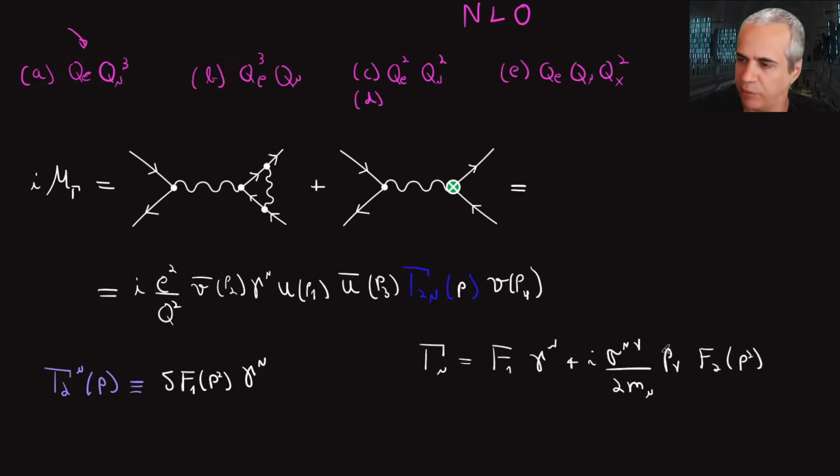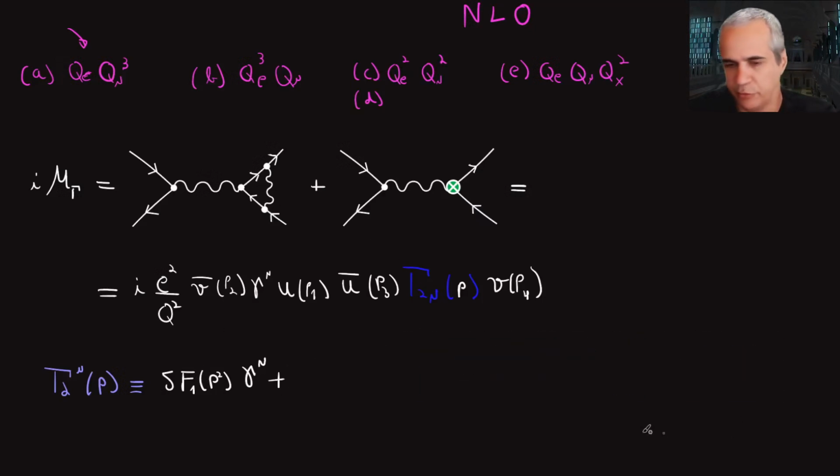Both F1 and F2 are the form factors that we have seen in the previous videos. And of course, this is the first correction to F1. There's a part that contributes to F1, and there's also a part that contributes to F2, and that's where I will define delta F2 over 2 mass of the muon,